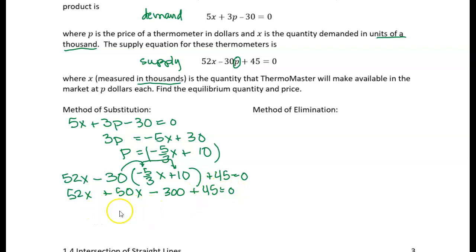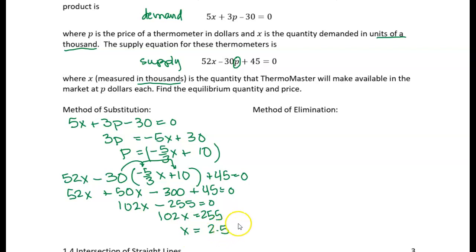So now we can combine like terms. So 52x plus 50x gives me 102x. Minus 300 plus 45 gives me a minus 255 equals 0. So now I'm going to add 255 to both sides. So 102x is equal to 255, and then if I divide both sides by 102, I get x is equal to